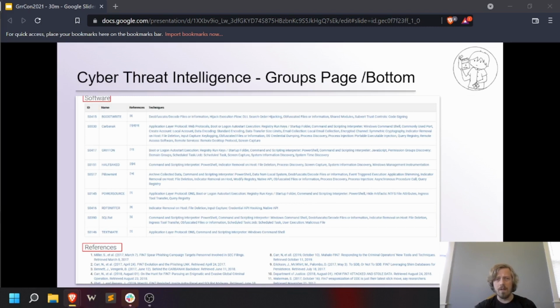Scrolling down a little further, we have a list of the software that the TA has been known to use, with links to more references. So going through the references here, I'm going to grab one of the most recent ones. Eventually, I may work through all of these for every TA. I probably won't. Things date pretty quickly, and I'll probably move on to paid intelligence before then, but I guess you could if you really wanted to.